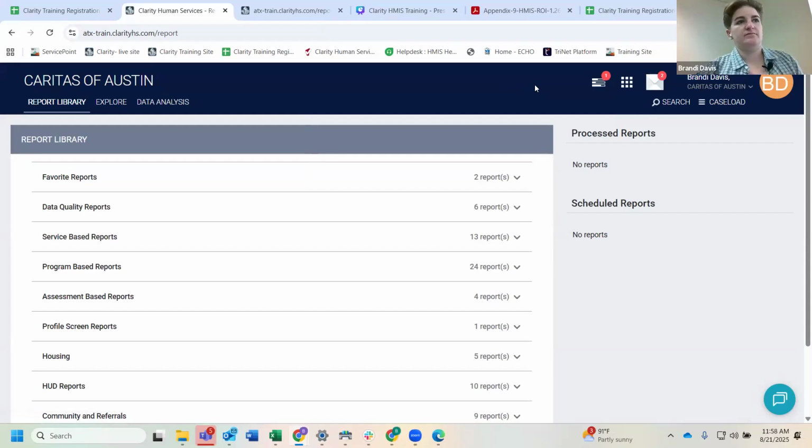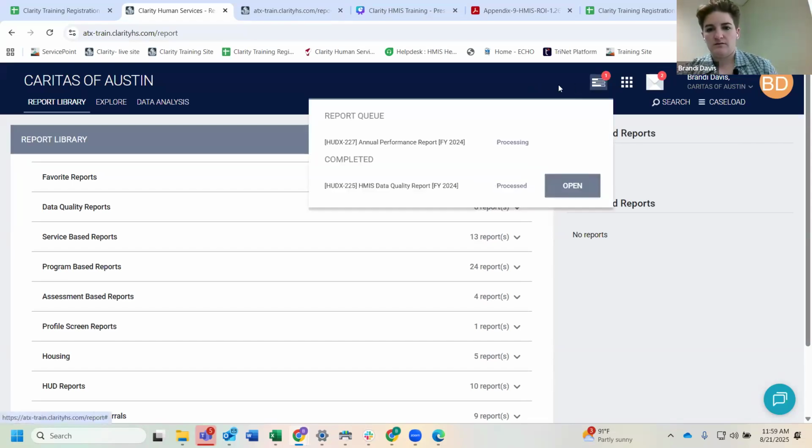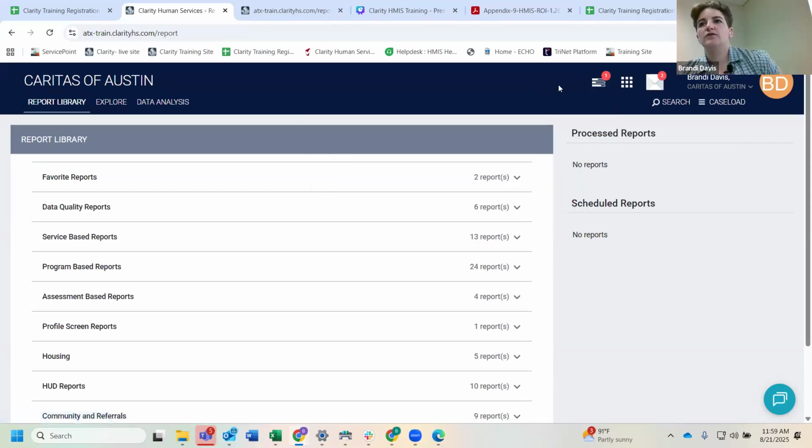Will case notes come over from the other system or not? Yes, case notes will come over. But basically what's going to migrate over first is all of the HUD required fields, like your enrollments and things. And then case notes will come over. So it might take a little bit, but they are going to come over. Yeah, so if anyone does have questions about the migration piece, y'all are welcome to ask questions about that, and our team can help answer those.